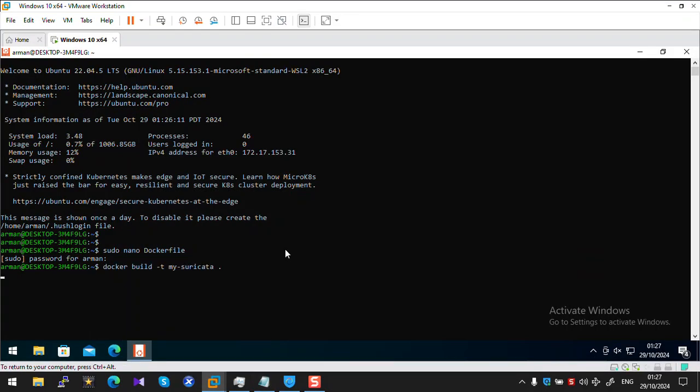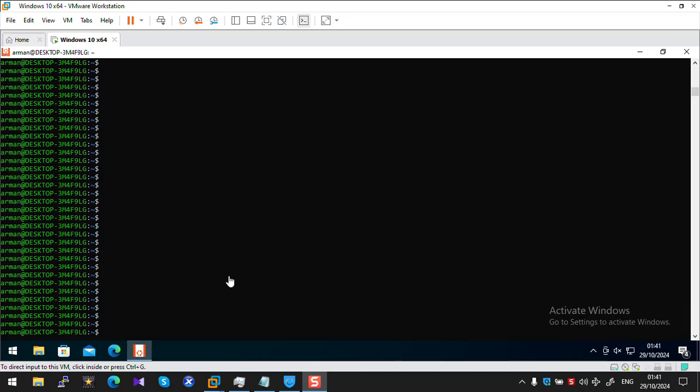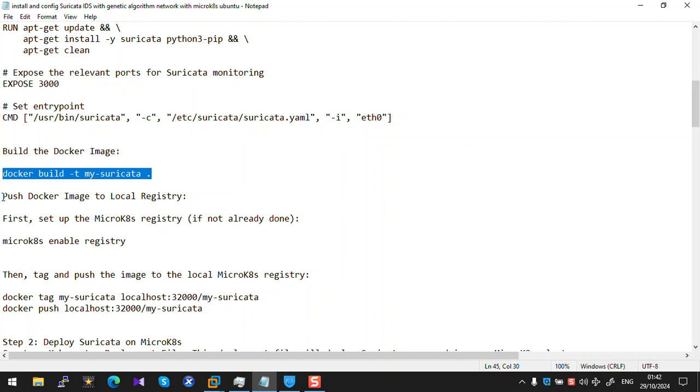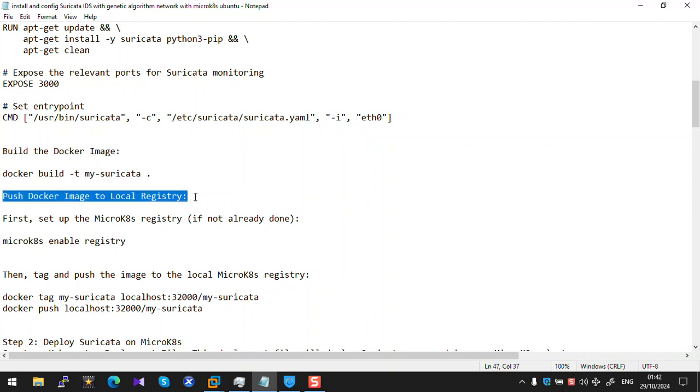Wait for the build to finish. After the Docker image build is complete and finished, push the Docker image to the local registry with this. You can push the Docker image to a local registry or Docker Hub, and